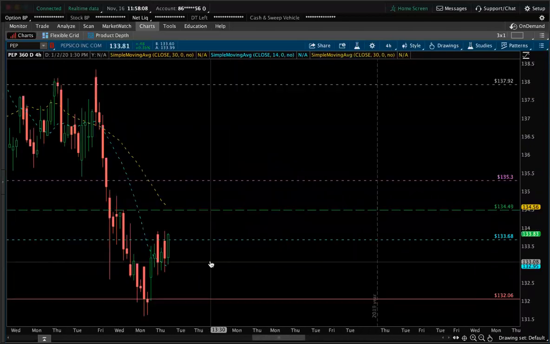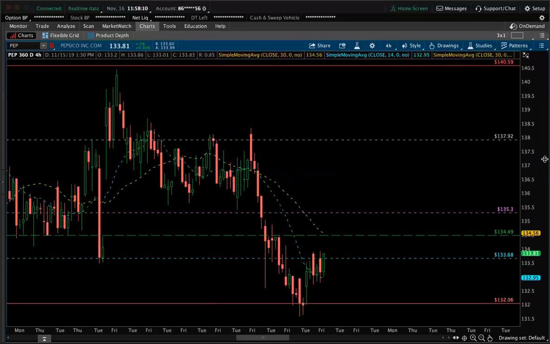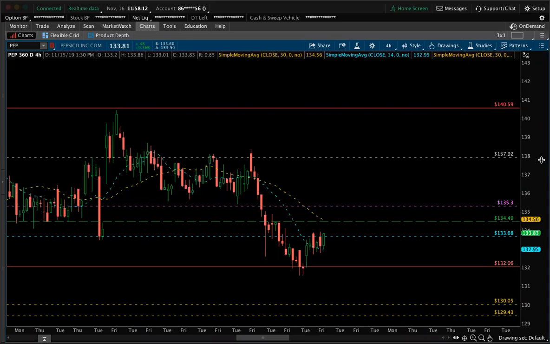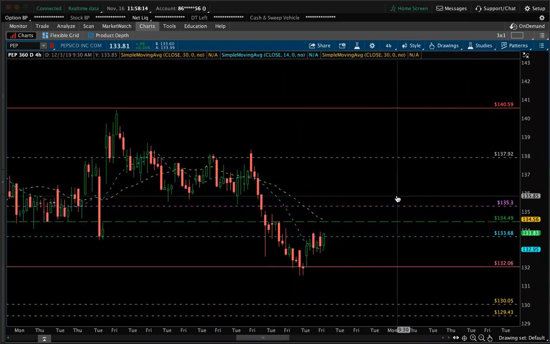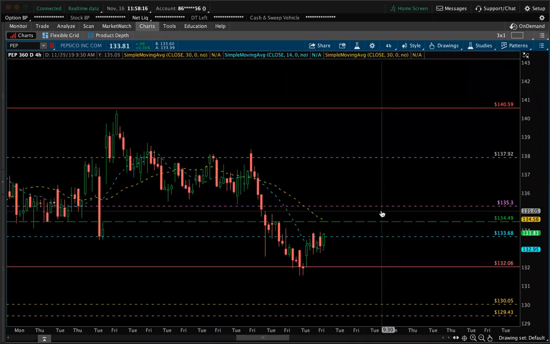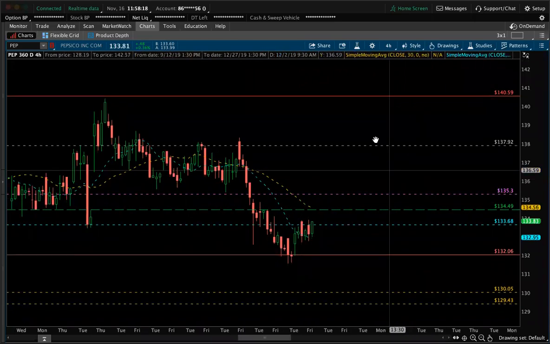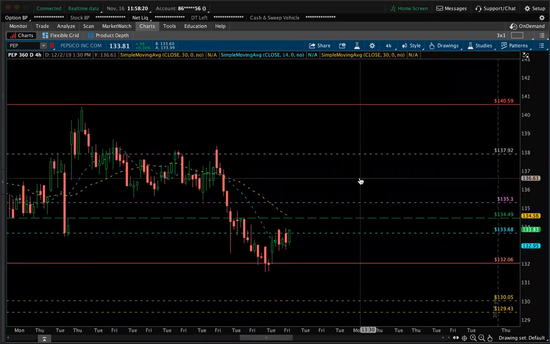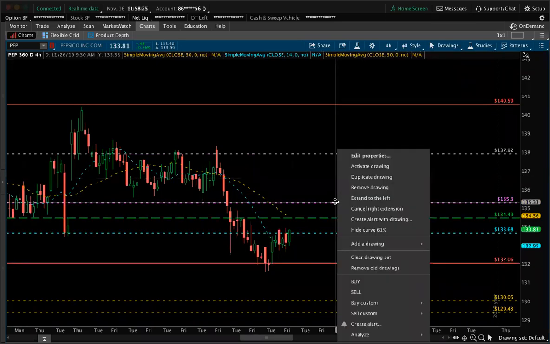It gets more into details. The 4 hour is actually beautiful. It's flagging here. That 133.68 close above was great. Now, if you look at it, you can just use the 14 and 30 SMA, or you can just use your levels. Doesn't matter what you do. I can remove all of these levels and just trade with my 14 and 30 SMA, but it's best to have levels for those who need to rely on knowing when to get out.